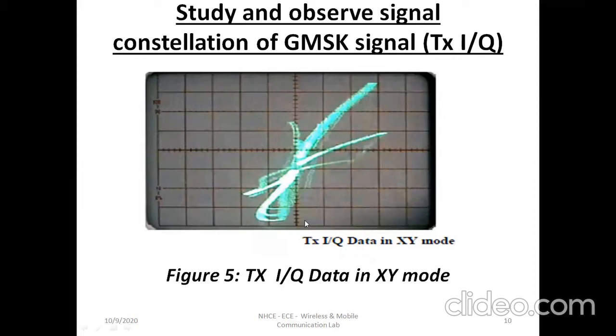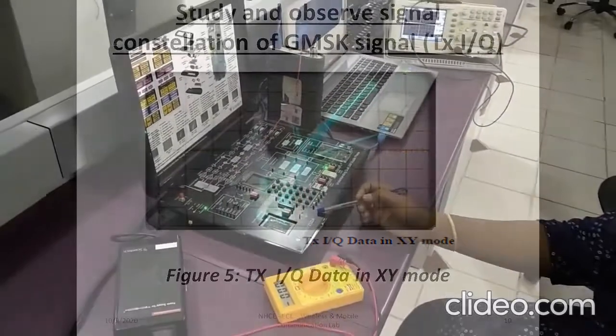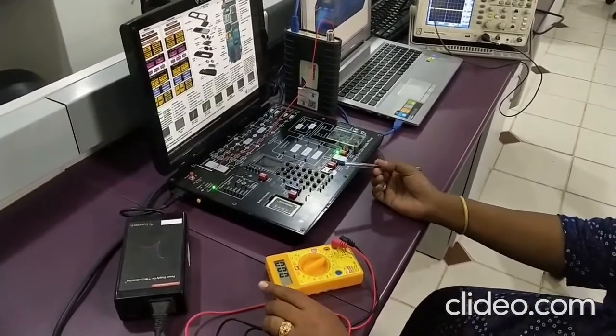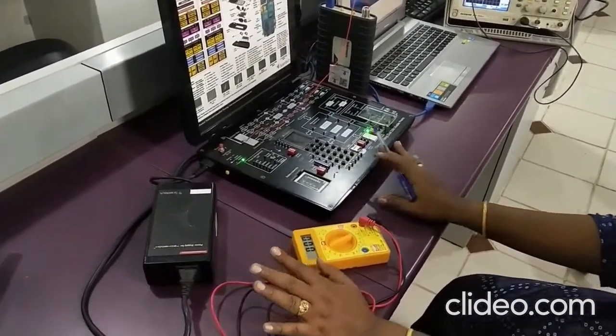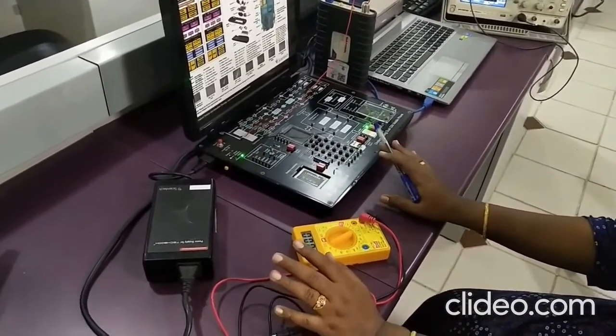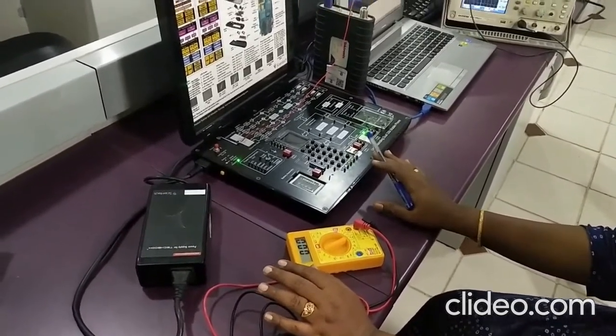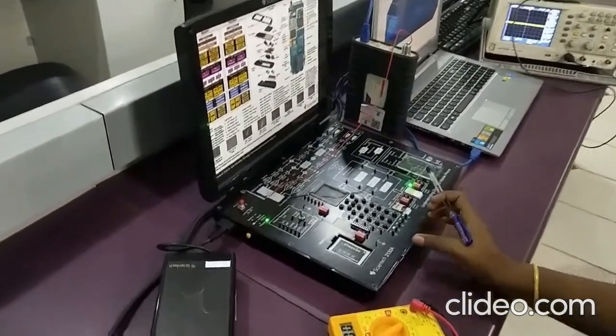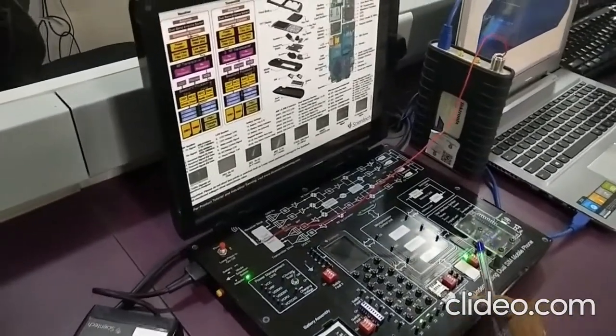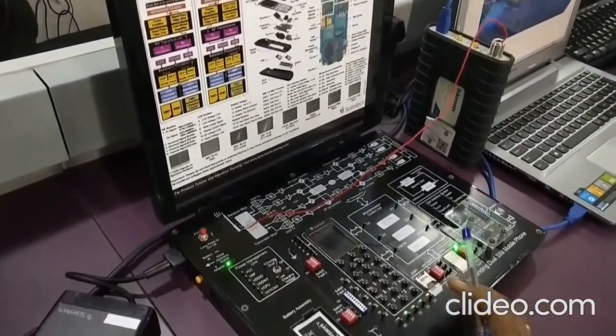So now we will look into the practical session, and you will understand exactly how we are interfacing and how we are connecting things, so that it becomes easy for you to understand and proceed with the lab. As we have studied in your introduction, now we are going to see the practical demo for experiment number 9. Study and identify the different blocks of mobile trainer kit and sketch the waveforms of different sections in mobile communication.